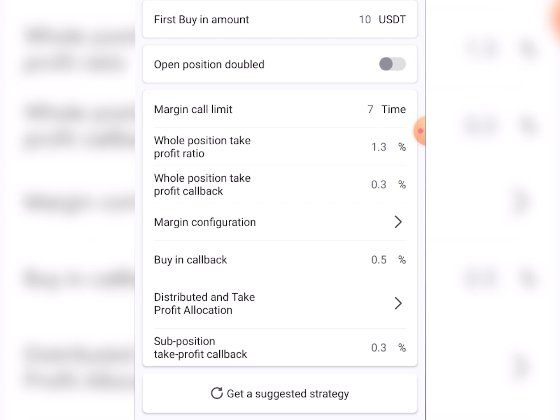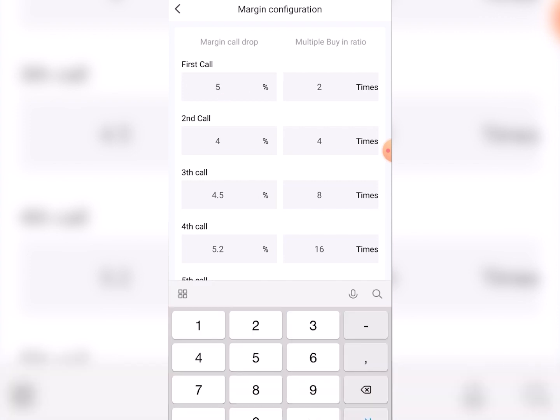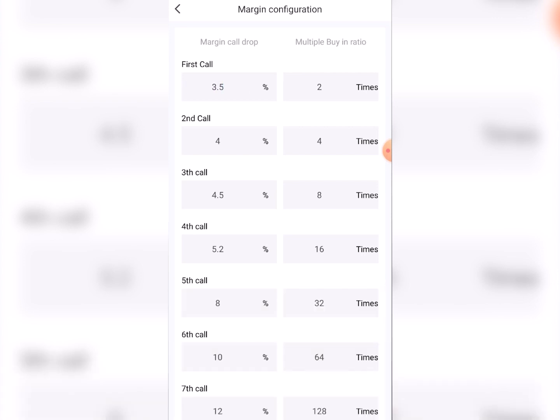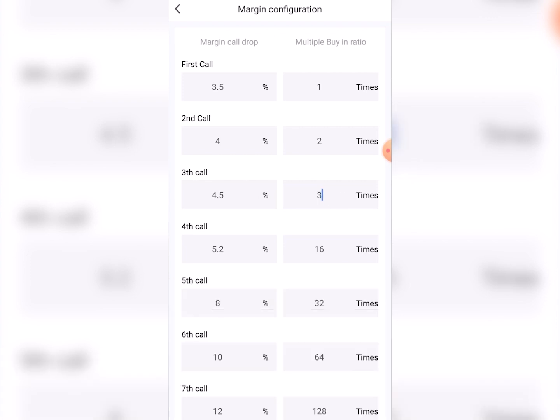it again buys the token. You can also do the margin configuration, where you set when you want to make the first call, and how many calls you want to make whenever a drop happens. Let's say my first call drop happens after 3.5%. If it falls down 3.5%, I buy one more trade. Let's say it falls 4% from there, I make 2 trades of $10 each. It falls 4.5% from there, I make 3 times. So in total 1, 2, 3, I will spend around $60 here. In this case, if it falls 5.2% further, then I make in total 4 plus 3 plus 2 plus 1, which is 10. So in total I make a $100 trade.